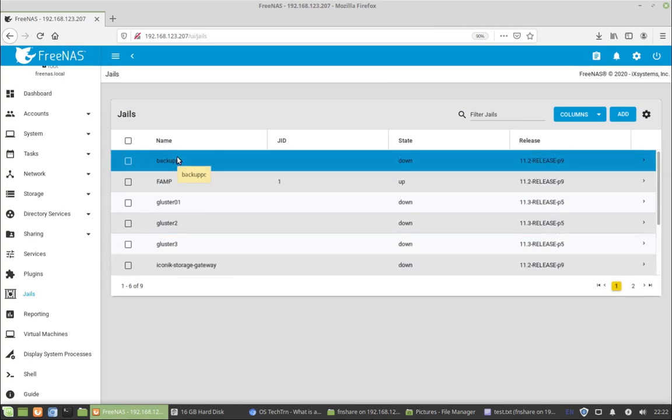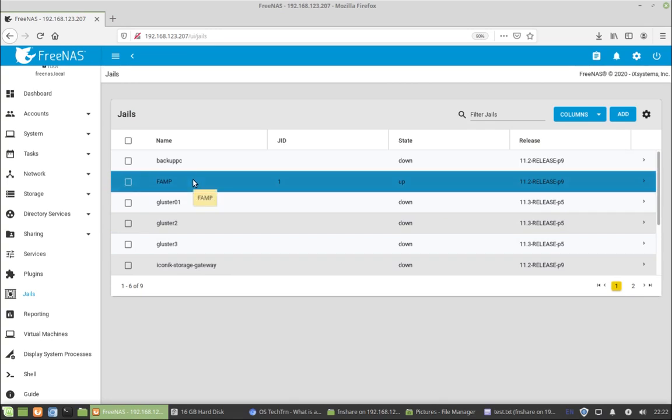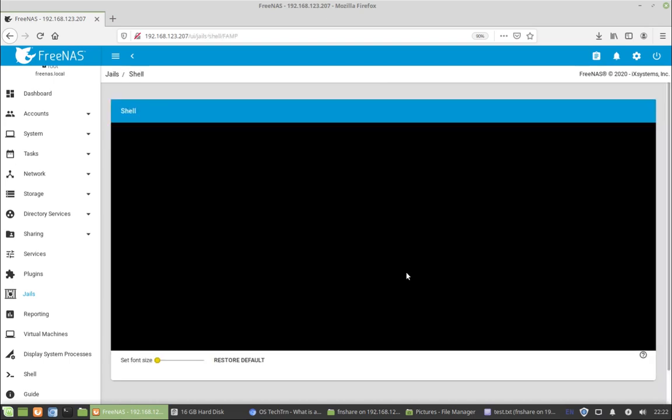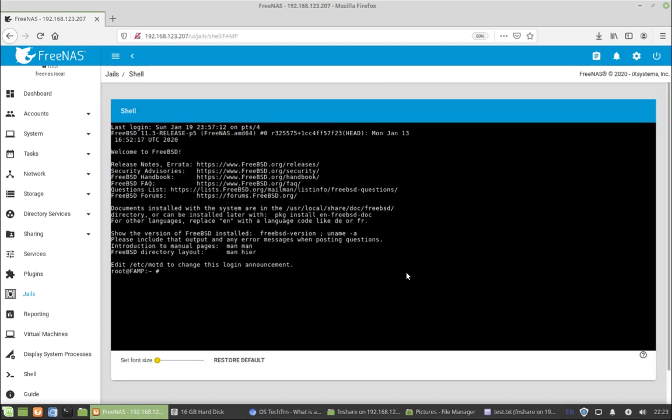This FAMP that I have is essentially set up to be a web server. And if we go in here, we can actually go in and access the jail. I just started it, and click on the shell. And here we are. So inside the jail, it's basically your own little virtual world. You can do lots of things. One of the most interesting things is it also has its own network. So if I type the command ifconfig, remember this from the networking section,